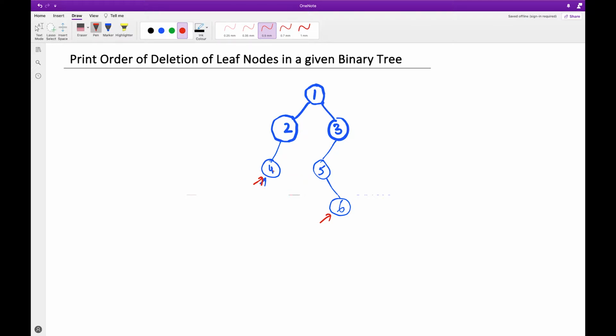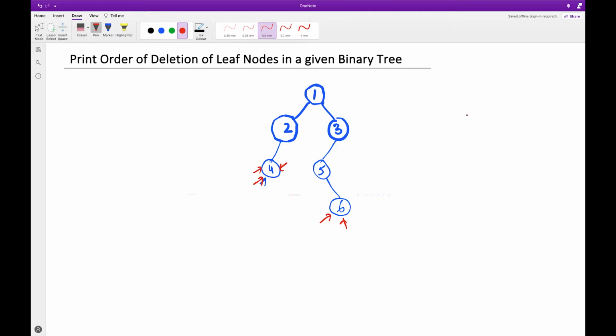Because this is a leaf node, its left and right child are null, so it knows that it will be deleted in the first iteration. Similarly, this node also knows that it will be deleted in the first iteration.